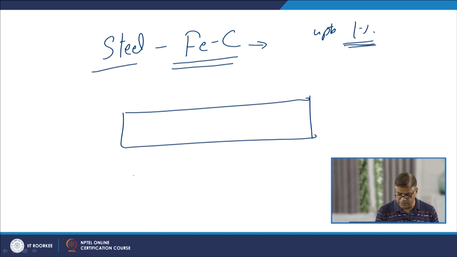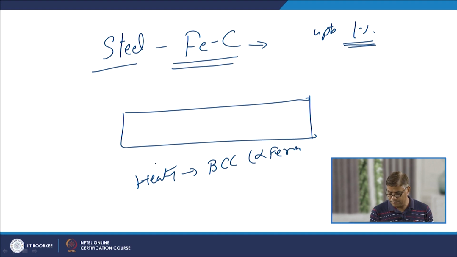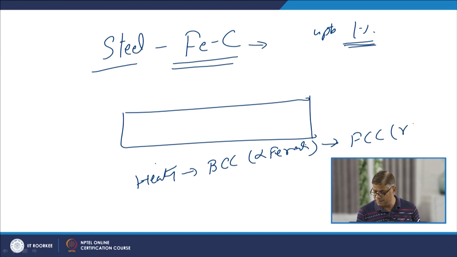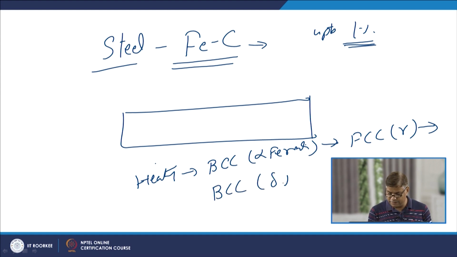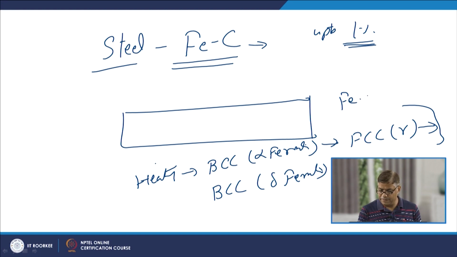And the steel having carbon up to 1%, the simple carbon steel, when it is subjected to heating, either for melting or during welding: initially the steel having the BCC crystal structure in the case of alpha ferrite will be converted to the FCC crystal structure in the form of austenite, and then further heating will lead to the formation of BCC delta ferrite in the case of very low carbon steels, and thereafter, as per the cooling rate, different phases can be formed.